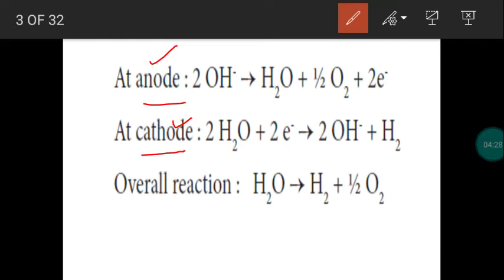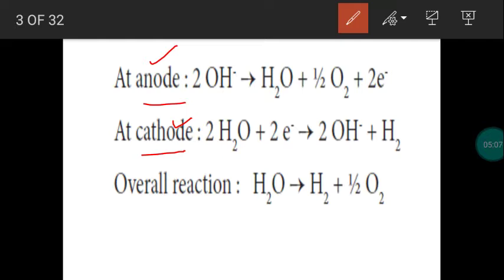And we know the definition of oxidation. Oxidation is the addition of oxygen or removal of hydrogen, or loss of electrons by the species. What about the definition of reduction? Reduction is the addition of hydrogen or removal of oxygen, or gain of electrons. This is the definition of reduction, which you studied already. So during this electrolysis process, we do electrolysis of water in the cell. There will be oxidation at the anode and reduction at the cathode. This is called a redox reaction, right?